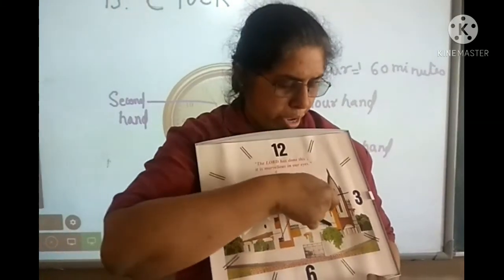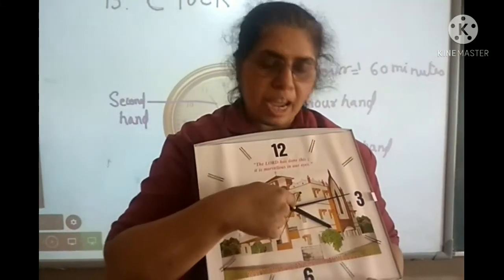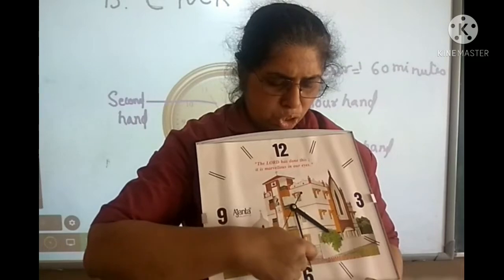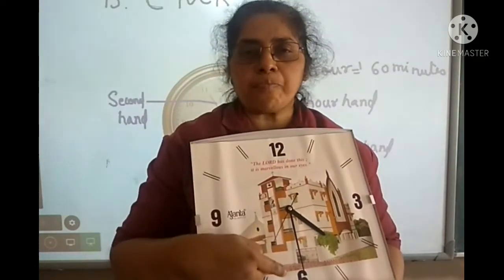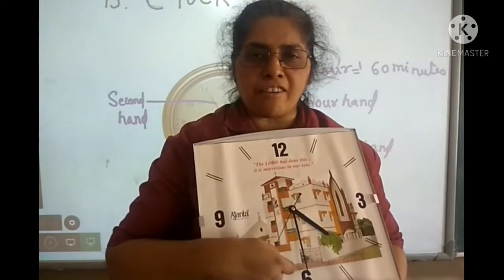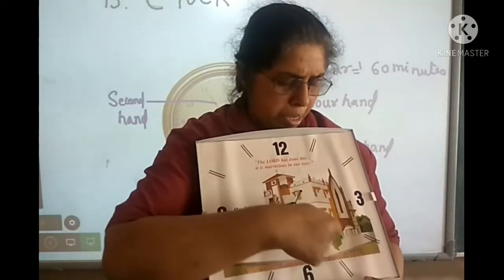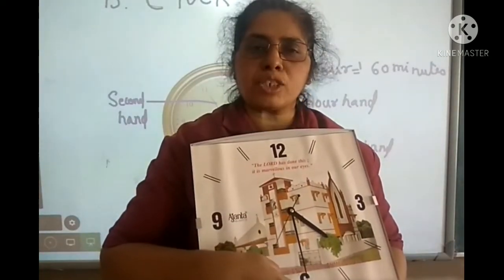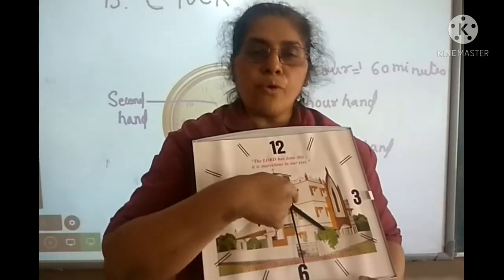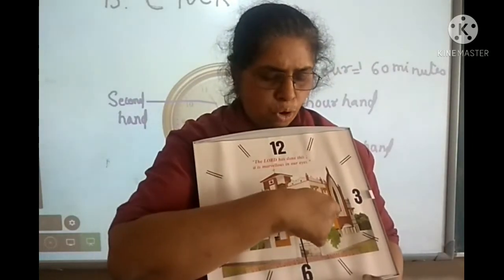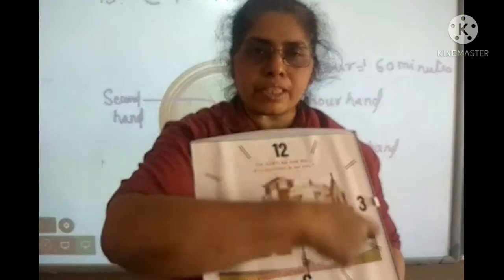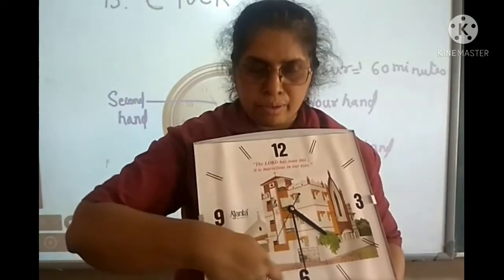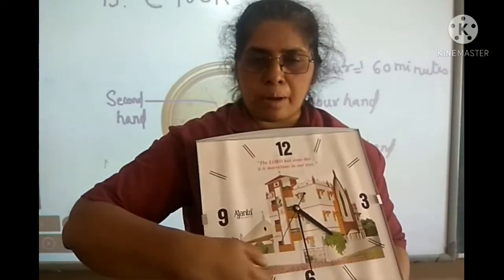Whenever the minute hand is on 12, that is o'clock, and when the minute hand is on 3, that is quarter past. And when the minute hand moves to 6, this is half past. See, now our hour hand is between 4 and 5 and the minute hand is on 6. The time is half past 4, 4:30. This clock rotates in steps of 5 minutes each. Now this clock follows the table of 5. The table of 5, this complete clock says.